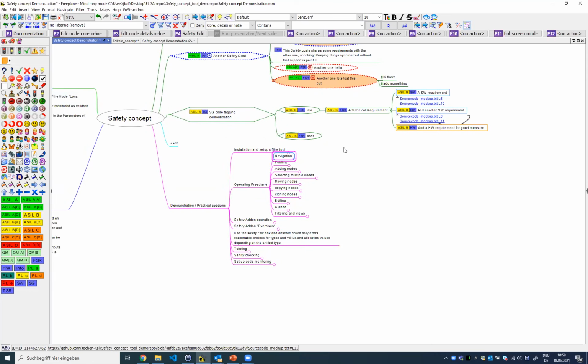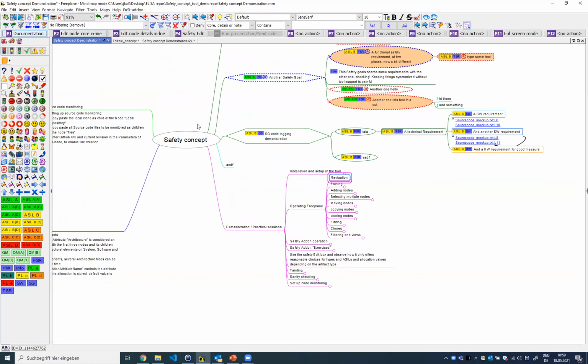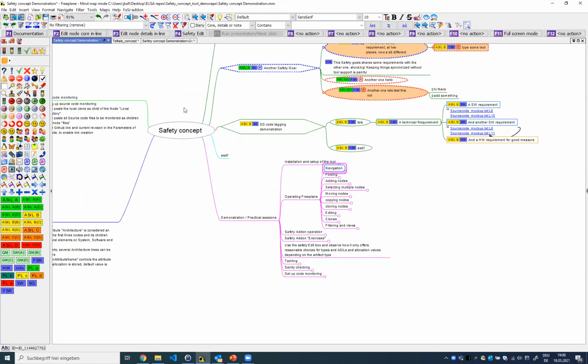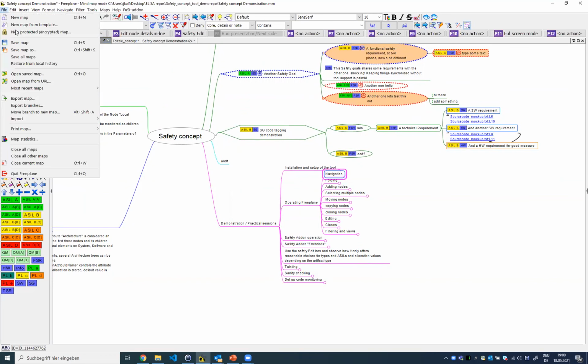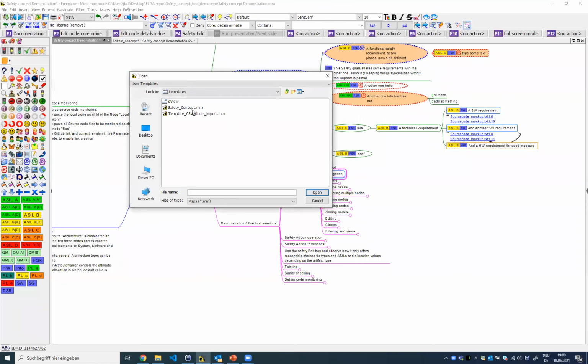One thing you missed, I don't know if anybody's following you, but other than me, new map is a concept map, right? You don't have to. For the general stuff, yeah. I guess the easiest way is indeed to go new and new map from template, and then you can directly grab a safety concept. Then you have